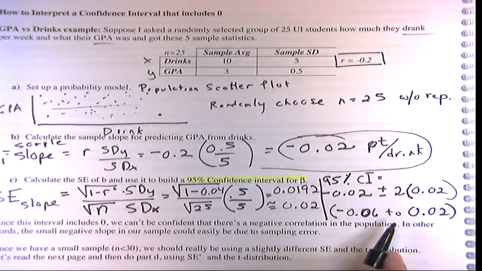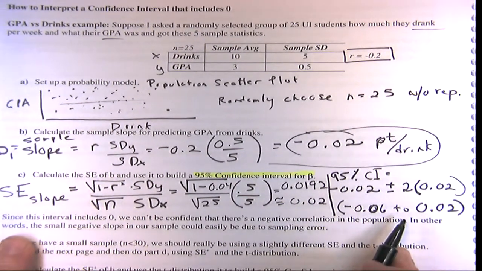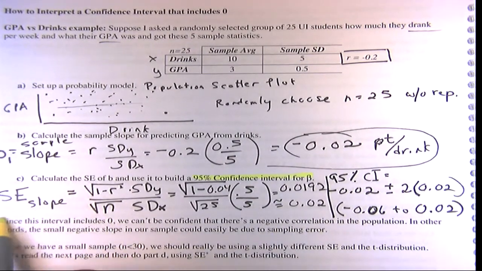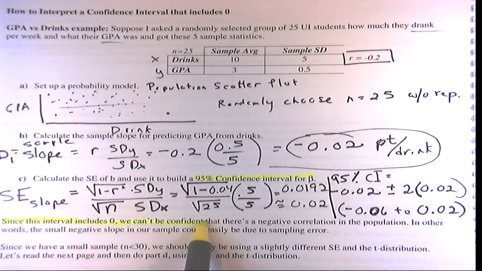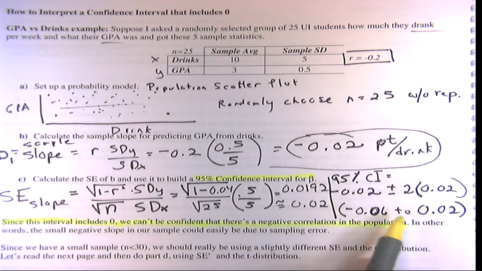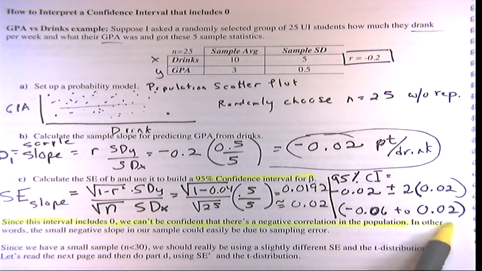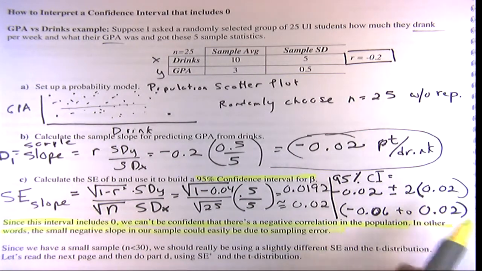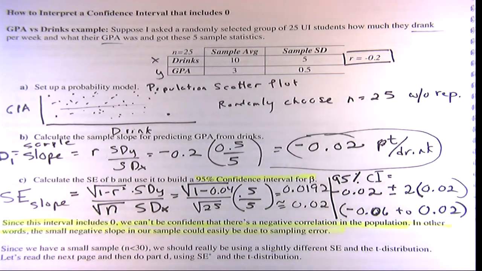Well, that range includes 0, right? So since this interval includes 0, we can't be confident that there's a negative correlation because it could range from negative to positive here. That's the interval we gave. In other words, the small negative slope in our sample could easily be due to sampling error. Now,